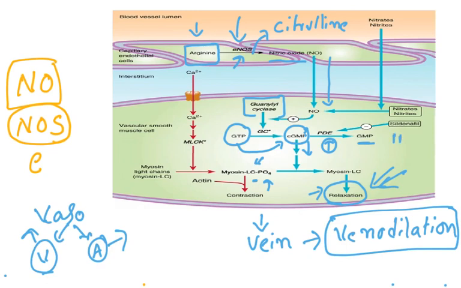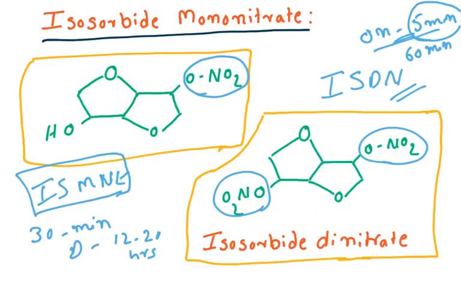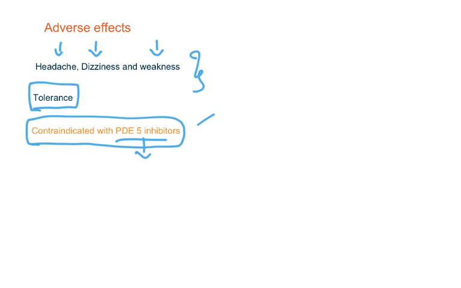Now, sildenafil is a drug which inhibits phosphodiesterase. So, sildenafil is a phosphodiesterase inhibitor. Drugs like this will decrease the metabolism of cyclic GMP. That means they are increasing the levels of cyclic GMP. If these drugs are used with nitrates or nitrites, profuse hypotension occurs because there is a lot of relaxation in blood vessels. So, to avoid this profuse hypotension, these drugs should not be used together. Hence, nitrovasodilators are contraindicated with phosphodiesterase 5 inhibitors.